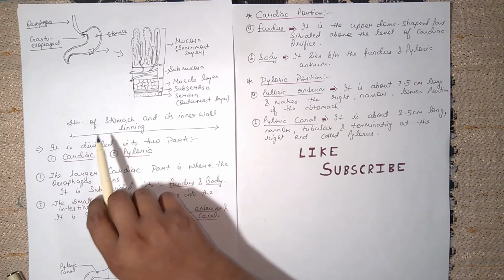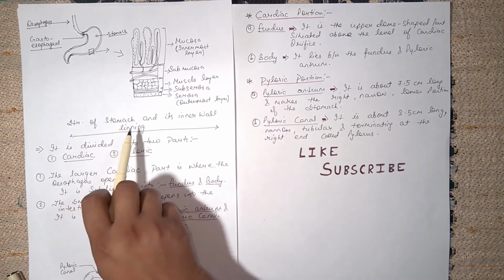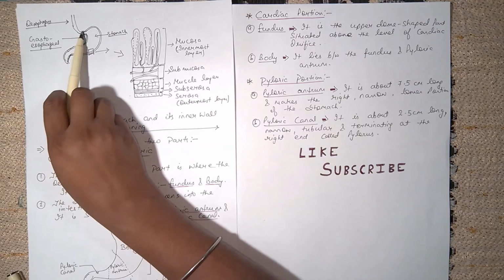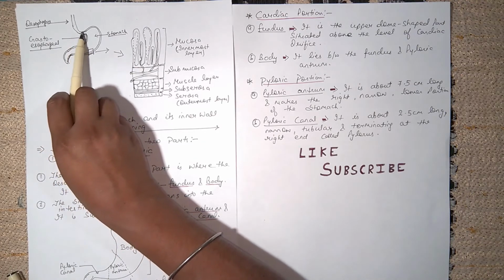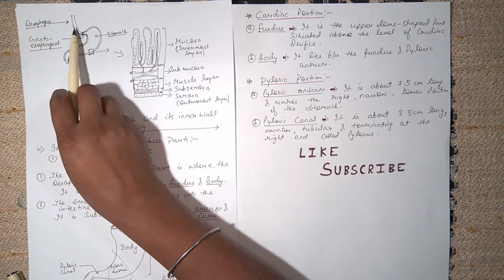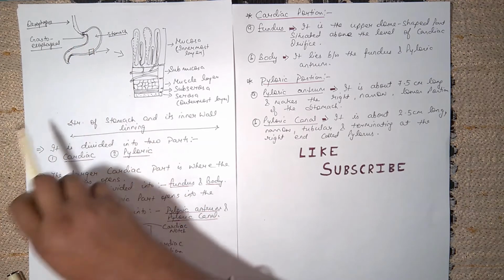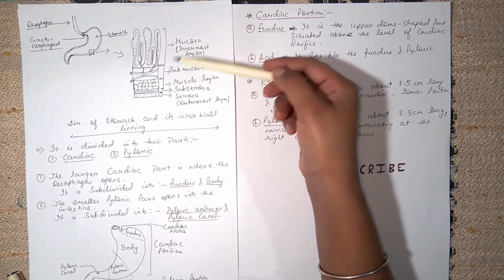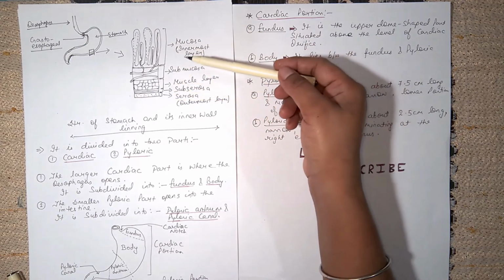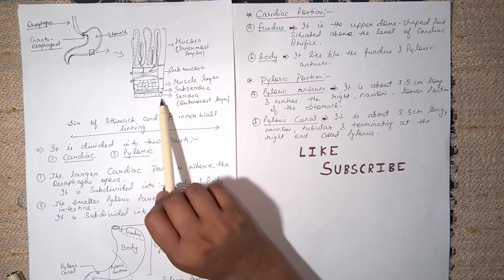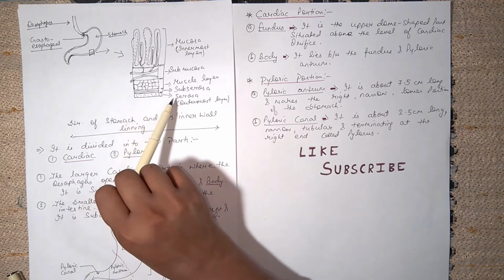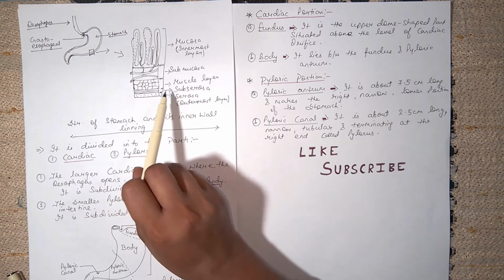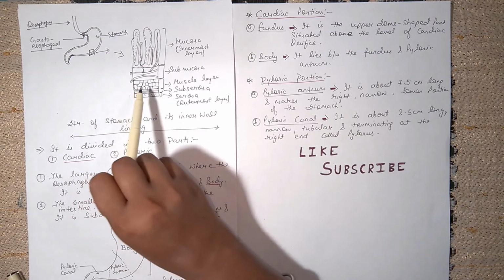As you can see from the diagram, this is the structure of the stomach and its inner wall lining. This is the stomach and here present is the gastroesophageal sphincter. Here the food coming from the esophagus to the stomach is regulated. When we cut a thin slice of a stomach, we get this kind of structure. Now this structure shows that the first layer, the outermost layer of the stomach, is known as serosa, and the second layer is the subserosa, and it is followed by the muscle layer of the stomach, and then comes